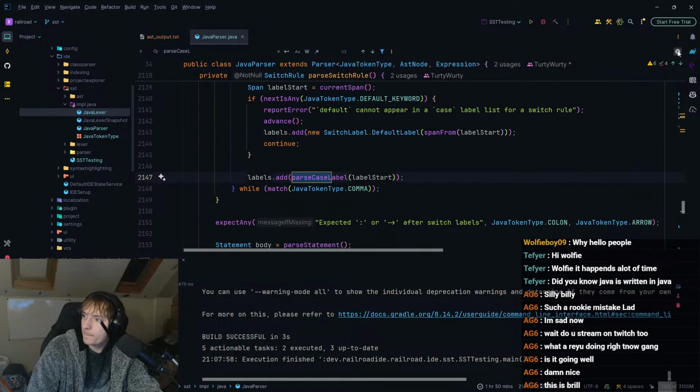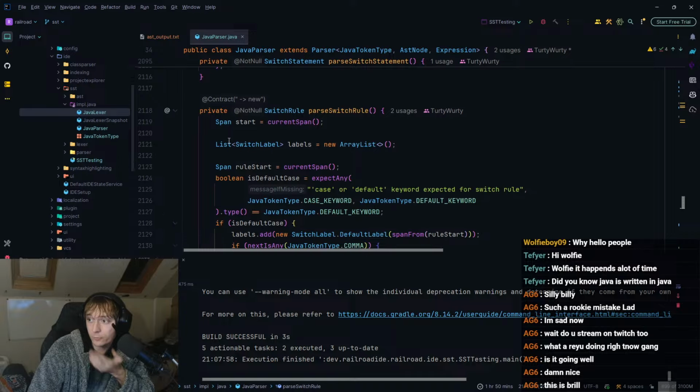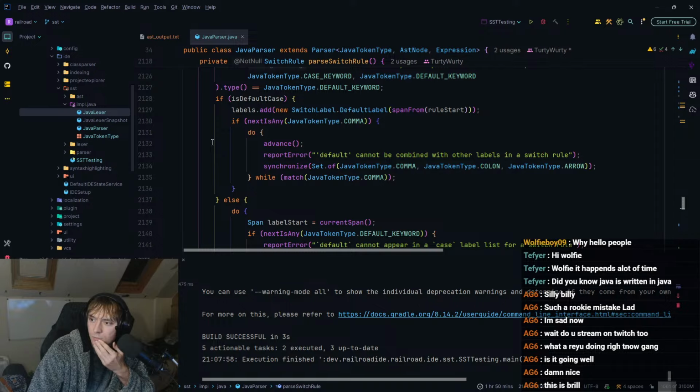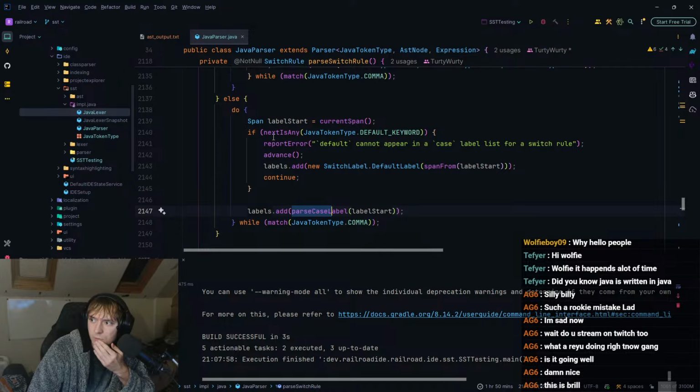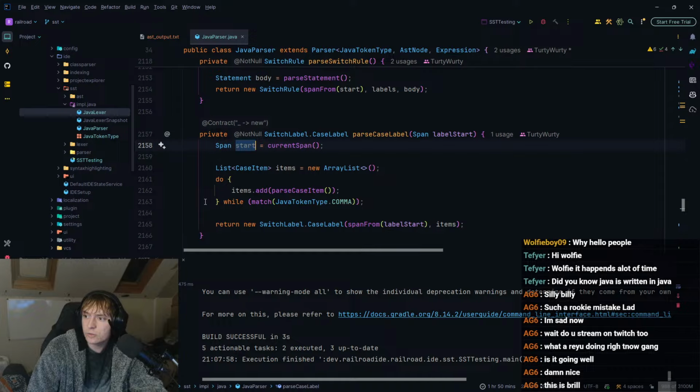Okay. So what has caused it to determine it's a case label to start with? Because it could be that... no, that looks fine actually. Okay, that looks fine. First of all, this isn't used. Case label, that should span from... oh.